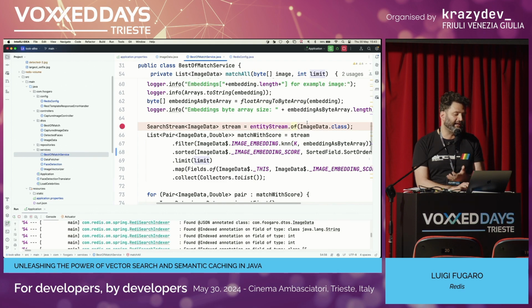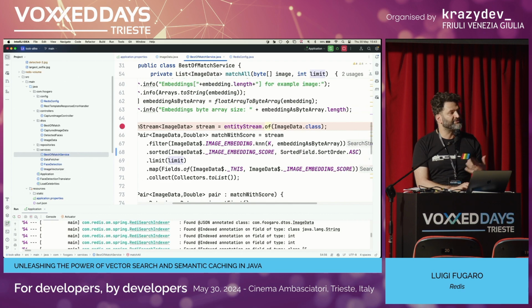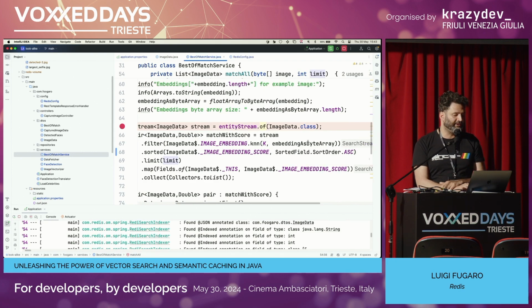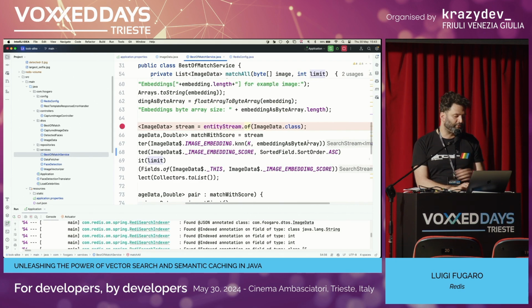In this case, the image data, which is our POJO annotated for the vector similarity. And then on the stream, it filters for the image embedding that I provided, which is in that case my face. I do a KNN, so it will go through the approximation,